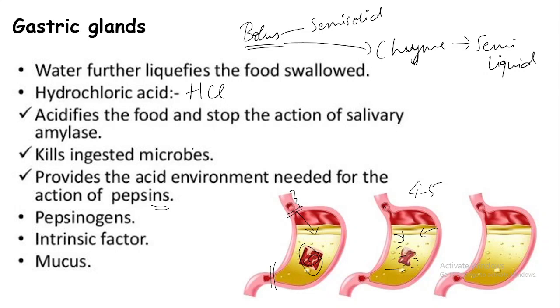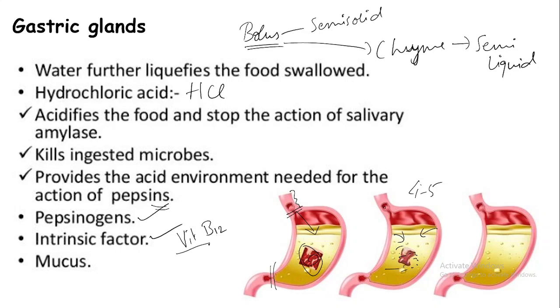Next, gastric glands also contain pepsinogens, as I told you. These are inactive enzymes that digest proteins. Intrinsic factor is actually an interesting content. Its role is not directly on the major macromolecules. What are the macromolecules? Just recollect: carbohydrates, proteins, and lipids. Exactly. Then what does it act on? It acts on the vitamins, specifically vitamin